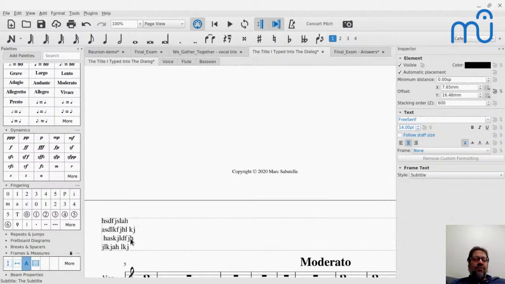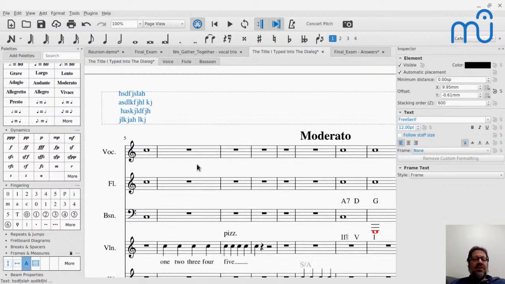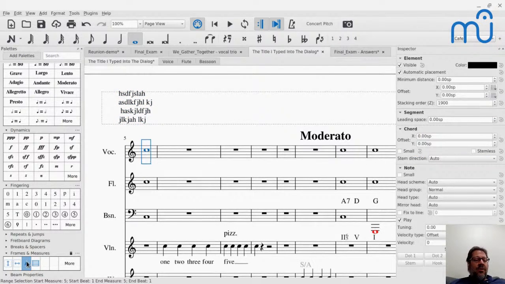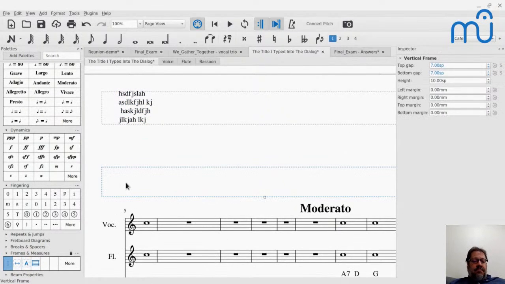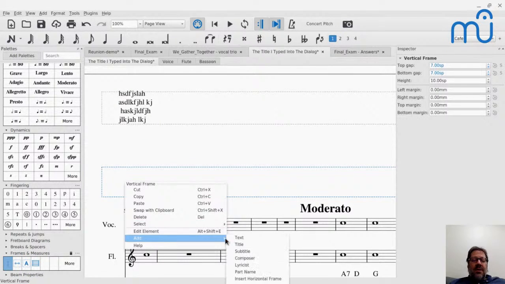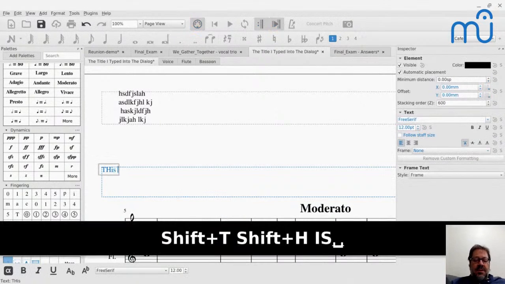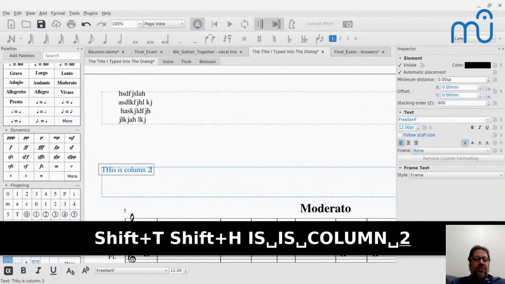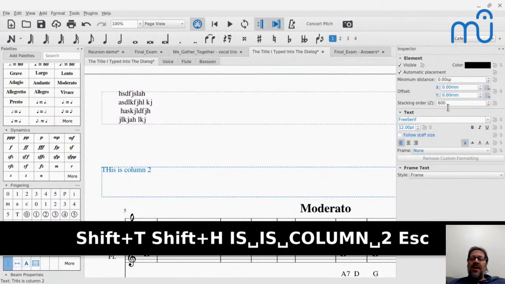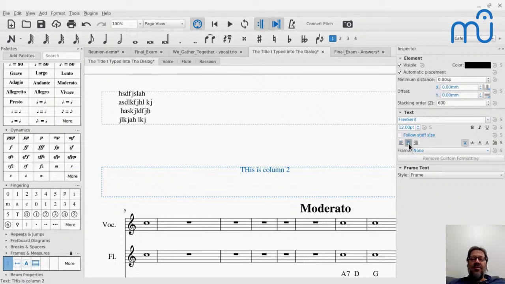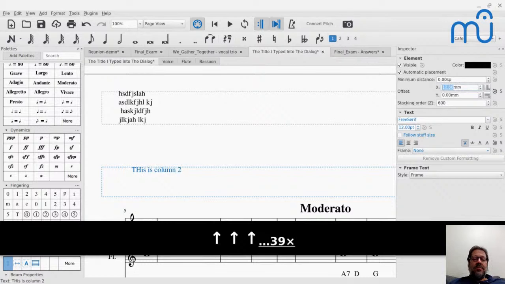In a frame text, there's really only one piece of text. You can't add, or can you? No, you can't add multiple text items to a text frame, but you can control the position within that text frame. So if you ever want multiple columns of text, the way to do that would be to add a vertical frame right here, and then you can add one text element. This is column 2. And I add column 2 first because it's easier for me to then either center it or add an X offset to it to move it where I want.